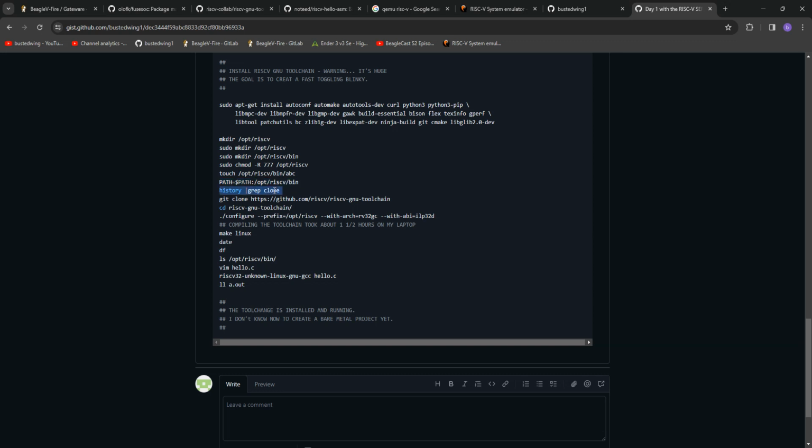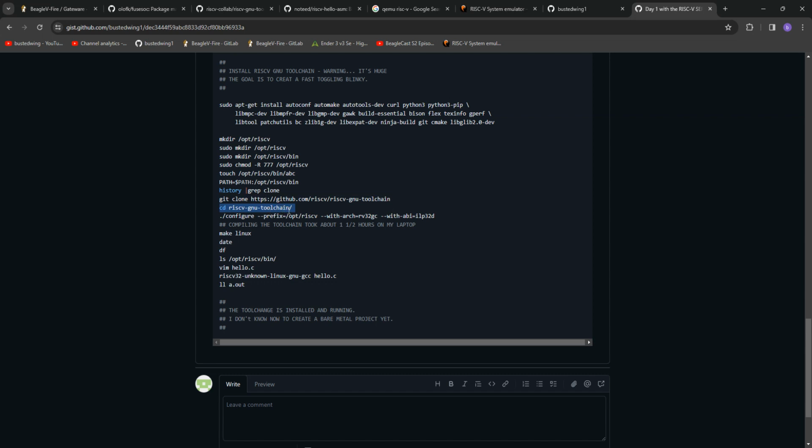And then here I am doing that trick again of piping history into grep to find all my clone commands. And so I found what I want to clone, pasted that in there, and it cloned this. And that was a quick one. A bunch of the tools in this are in sub repos or submodules, I forget what they call it, and it'll only pull those in as it needs them. So the initial clone is very fast,